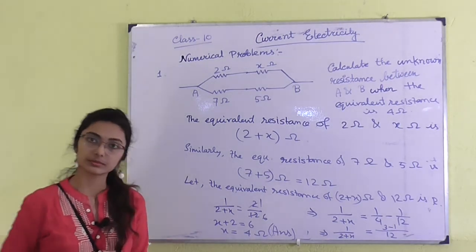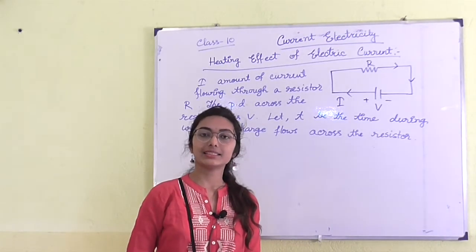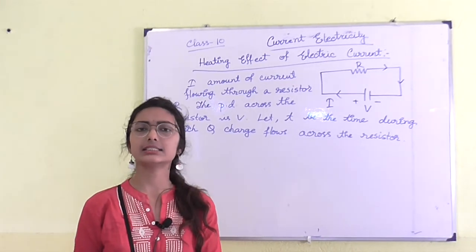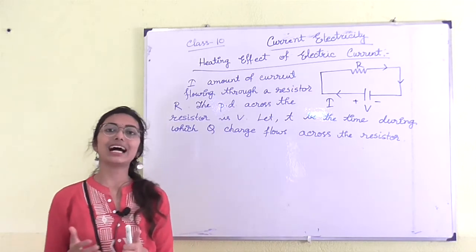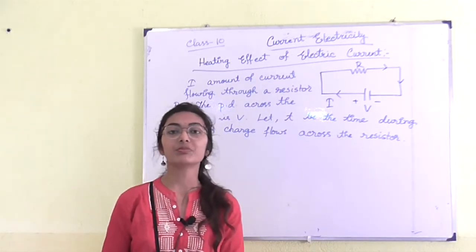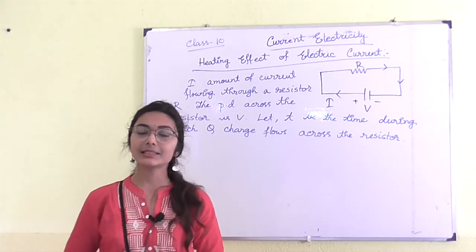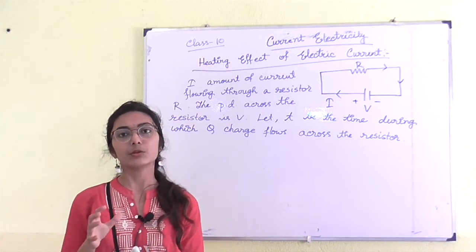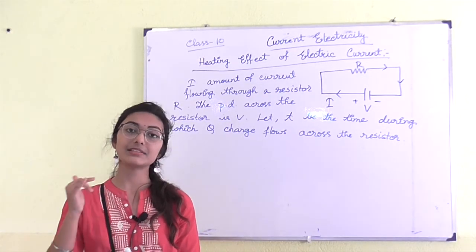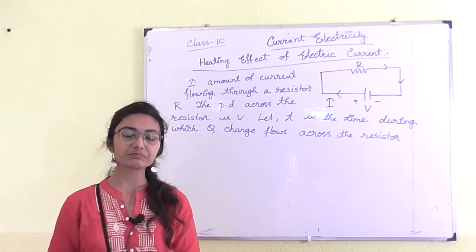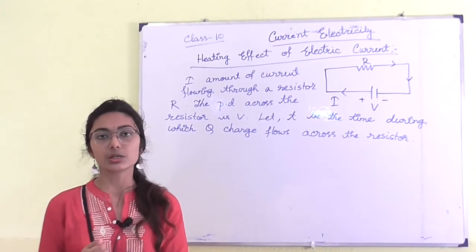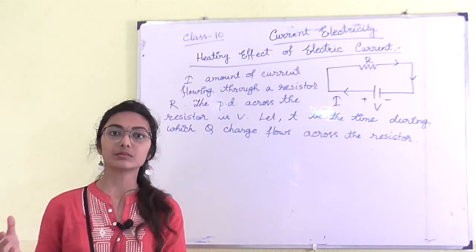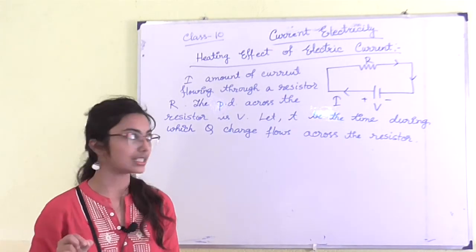Okay. So now we will study the next part of current electricity, that is the heating effect of current. In the electric iron that we use in our home, what happens? There are nichrome wires. Nichrome wires are resistors. The resistivity of nichrome wires is so high. As R is more, so resistance is more. So it takes a long time to get a particular current.